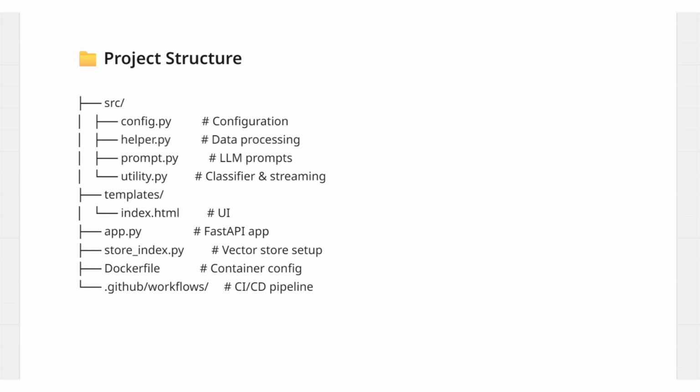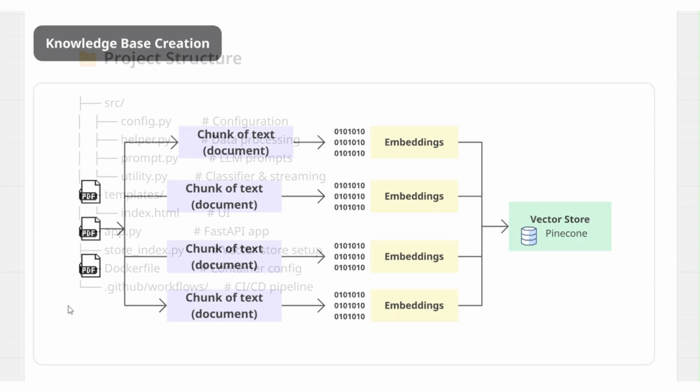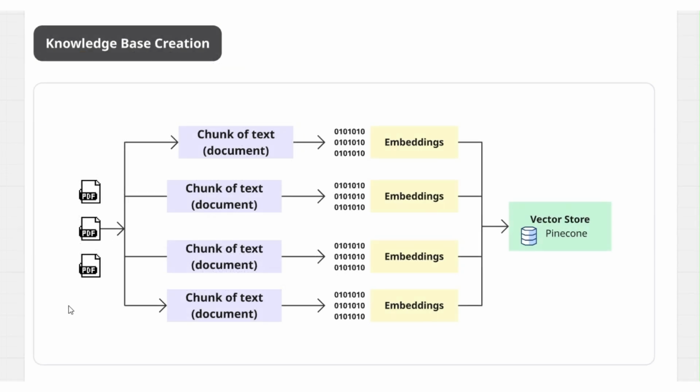And here's the project structure that I followed for making this project. Now let me tell you about how I created the knowledge base for my project. At the very first, I extracted the text from medical PDFs in the form of chunks. Then I converted those chunks of text into vector embeddings using a Hugging Face embedding model. Then I stored those embeddings into a vector store so that they could be used later at the time of